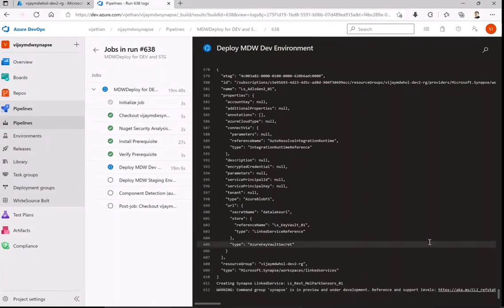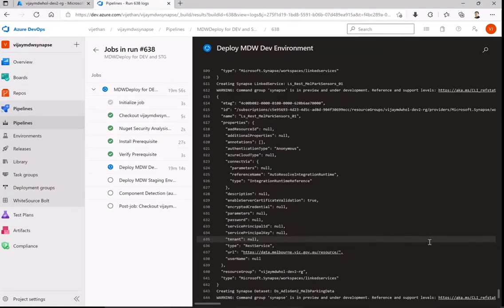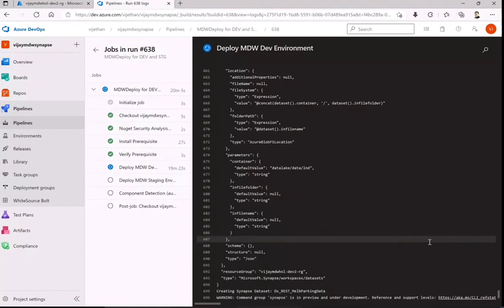So at times, if you want to tie these together, I think the CLI is the best option, unless you are just doing the ARM deployment as such, for which you can also use the ARM task. But there you will require a number of things like the way we are doing here, where we have to create the environment as well as upload the data or modify something at runtime. Then this is the best way of doing that.